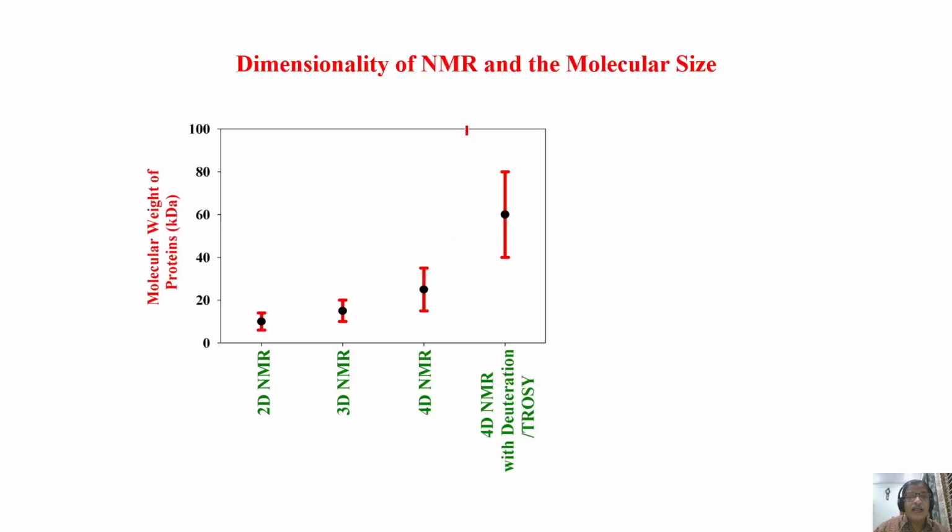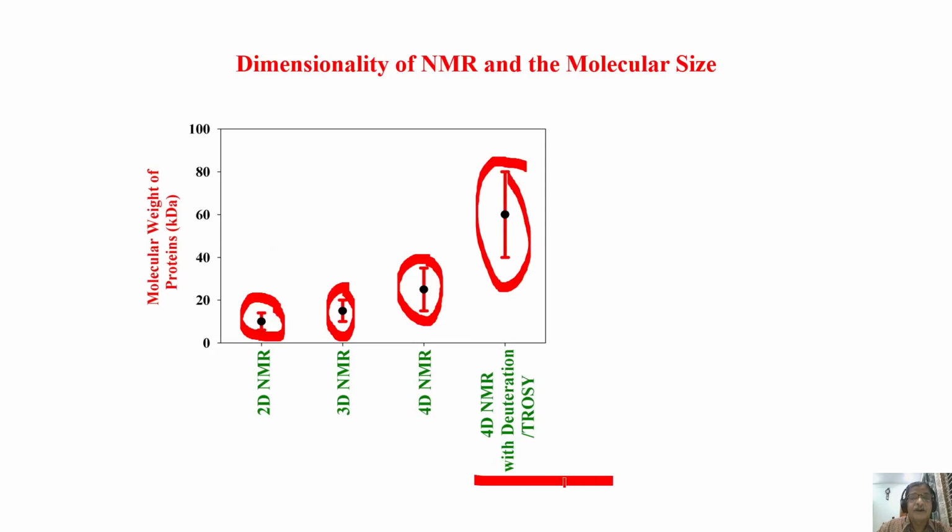And it also depends upon the molecular size. For example, look at it. In 2D NMR, up to 20 kilodalton is manageable, 0 to 20. For 3D, 20 to 30 is still okay. Above that, you need 4D NMR. And for an even bigger molecule, you need 4D NMR plus additional NMR techniques called ROSI, etc., which you do not know. I don't know whether I will have time to talk about ROSI. These are really sophisticated things which I don't think you require for routine analysis. I don't think I have time to cover them in this course.